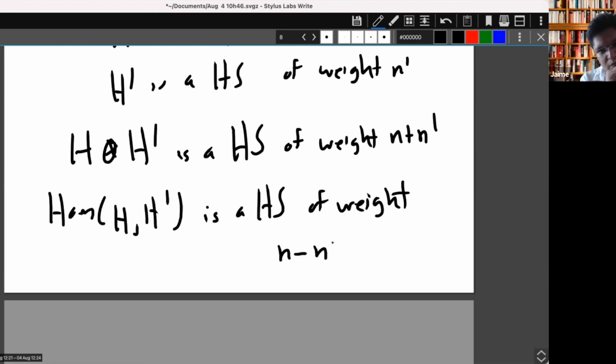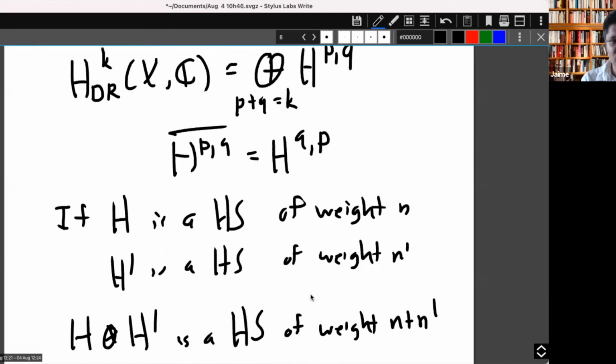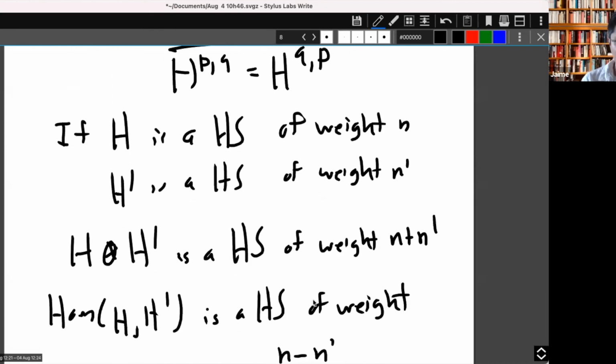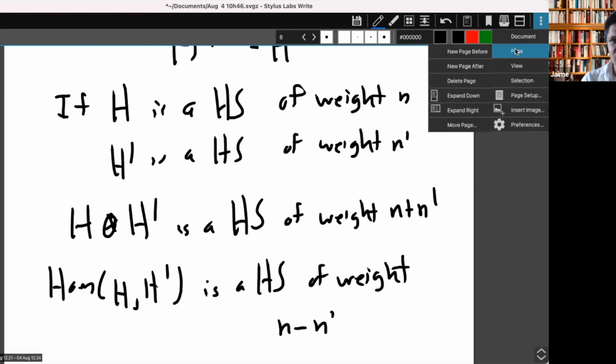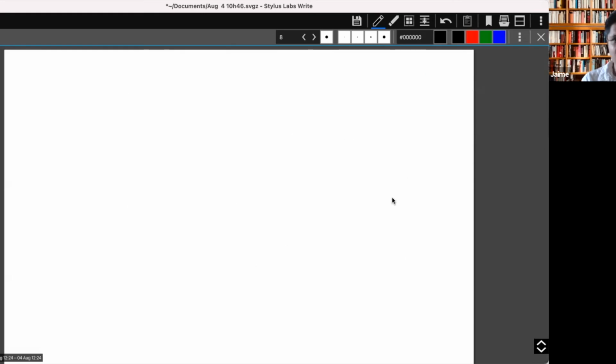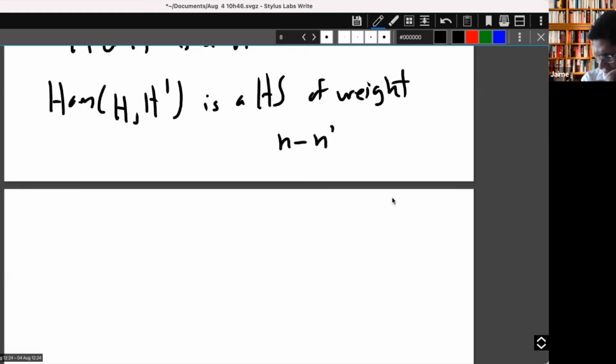And minus. So we have an inner product there, right? These are more examples of Hodge structures. Whenever you have two, you can do these two operations and more. Once you have that, you have a full set of tools. Another one that is very basic is the Tate